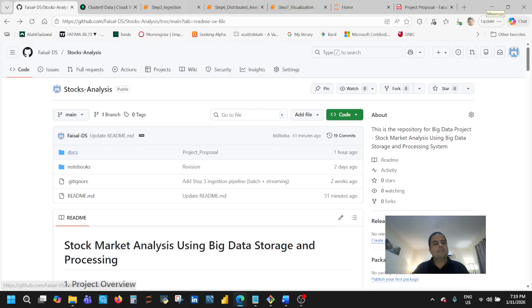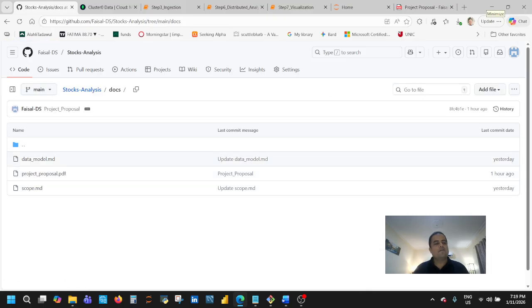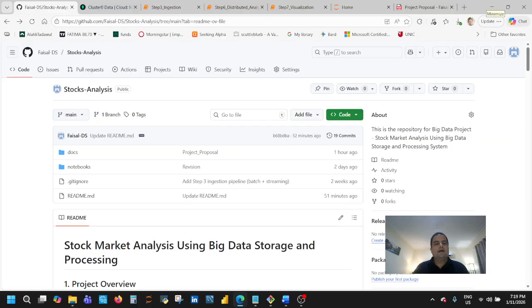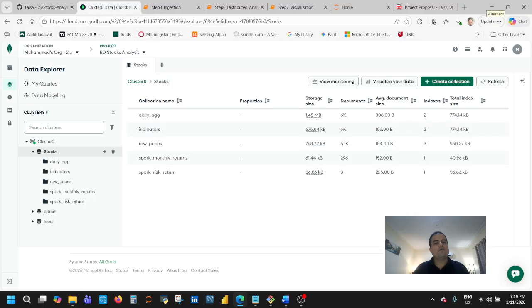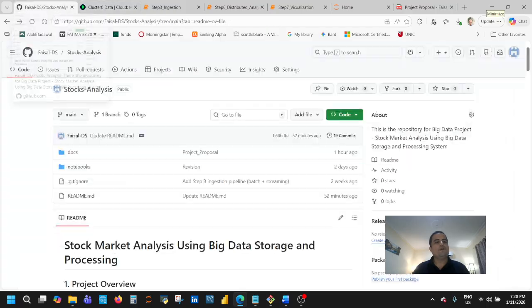Also, it has a docs folder containing the data model, the project proposal, and the project scope. And I'll also show you the MongoDB cluster that I have implemented for the data ingestion for this project.